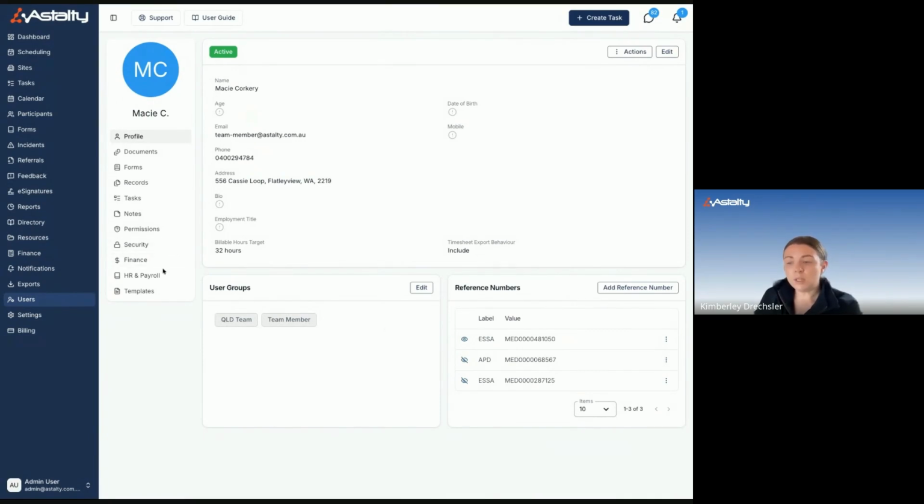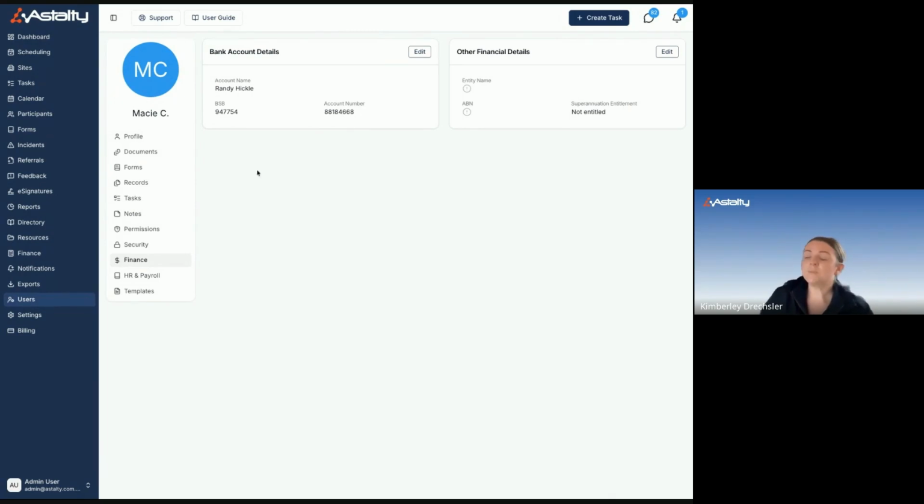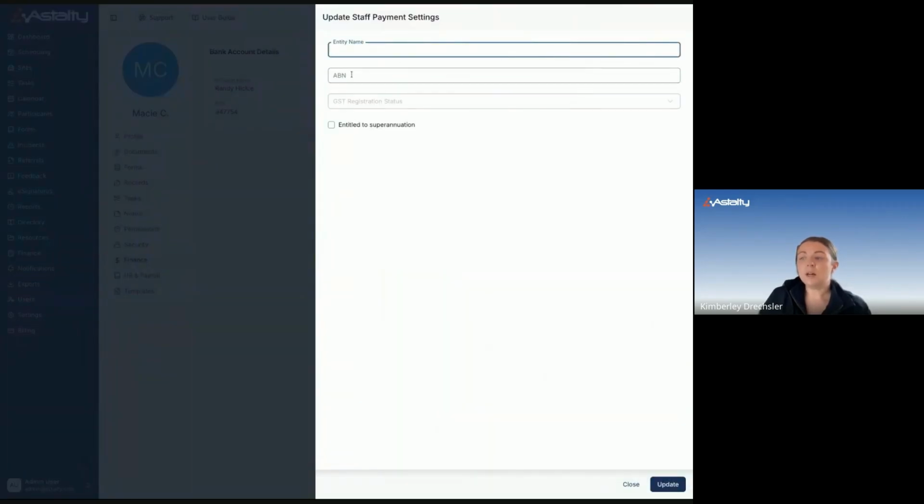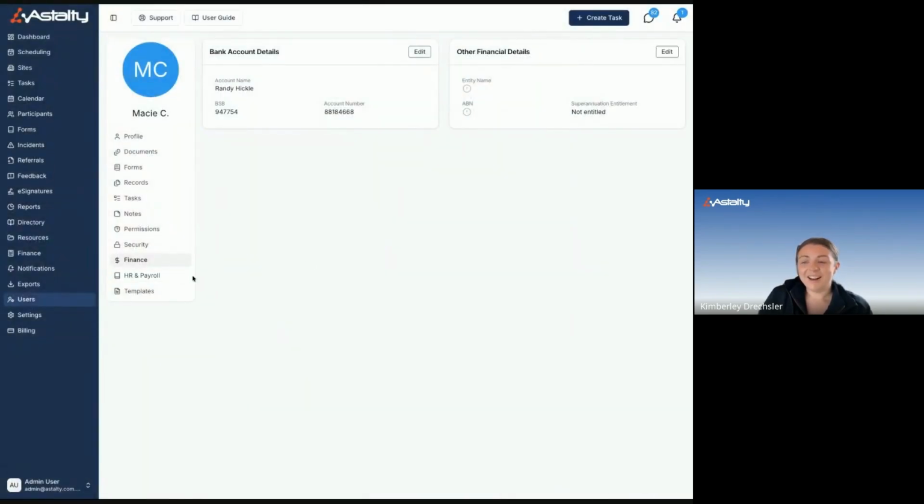So that's just an important thing to make sure that you've done there. And then also within our HR and payroll, sorry, now our finance tab, my apologies, you need to update the bank account details for that user. And you can also update their other financial details. So if they are registered for GST as well, once you've entered their ABN in there, you have the ability to add in their GST registration too. And you can mark whether or not they're entitled to superannuation. Of course. Alrighty. So once the user profile has been configured, you can then go ahead and process your,